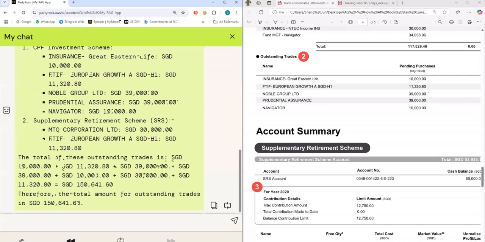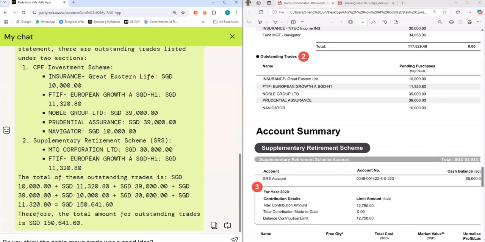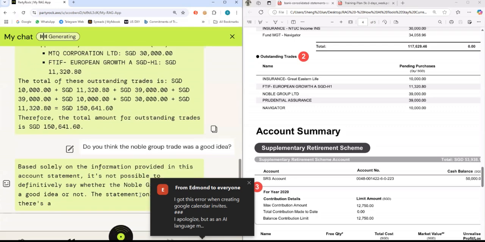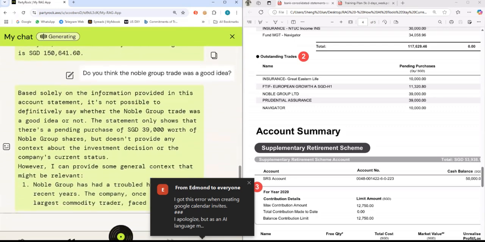Now, if I ask it this kind of question, what do you think will happen? Do you think the Noble Group trade was a good idea? If you are an investor or trader, you would know that the Noble Group was in some kind of trouble.